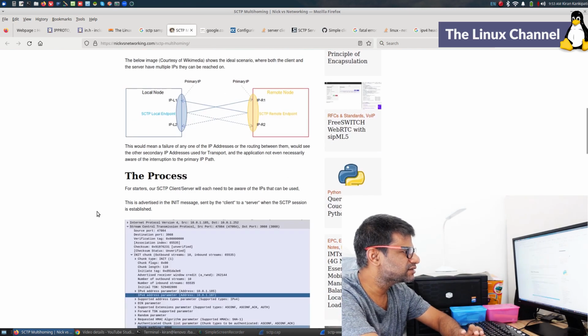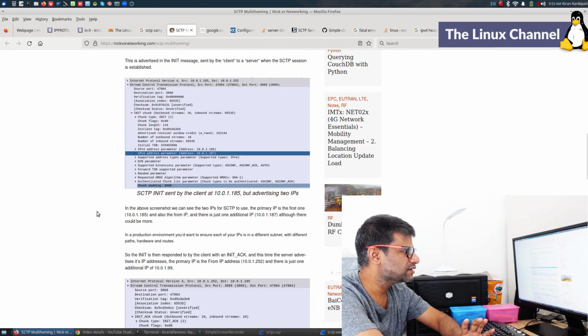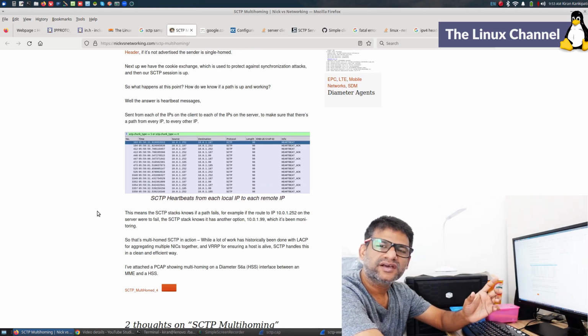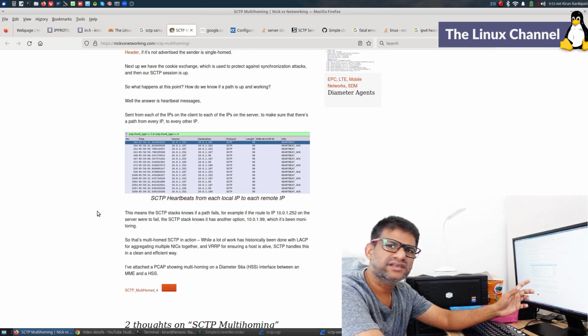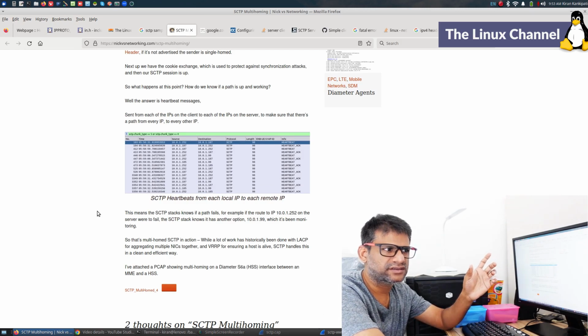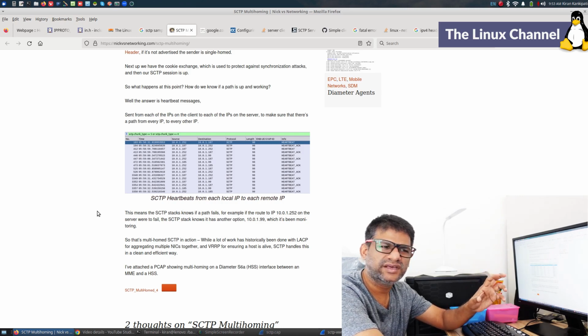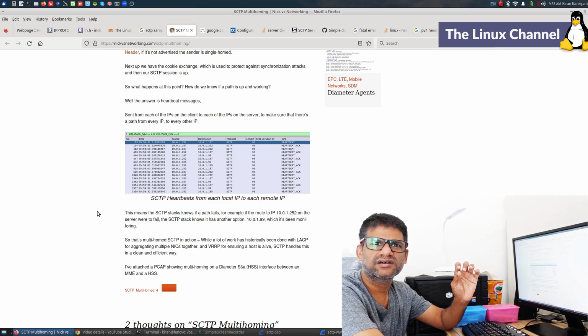So the whole idea is you get the multi-homing as a part of the transport layer itself, and this is a good approach, because fundamentally even TCP has a lot of things inside it, like congestion algorithms.